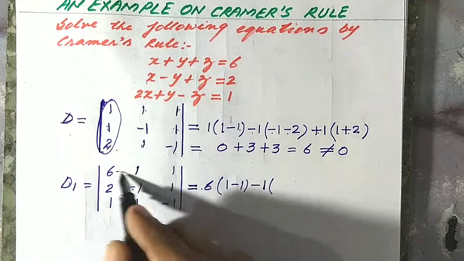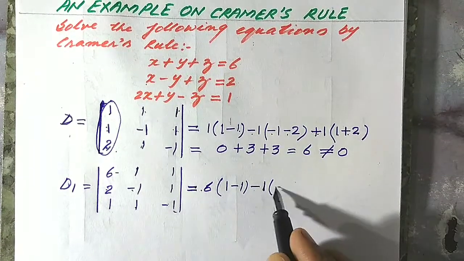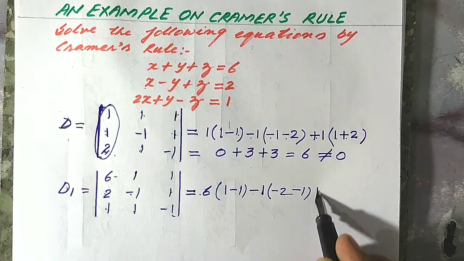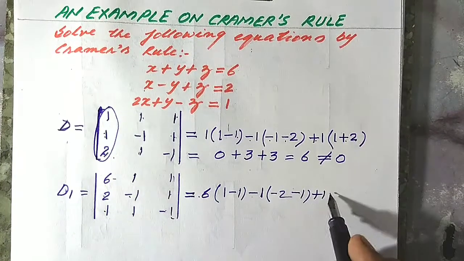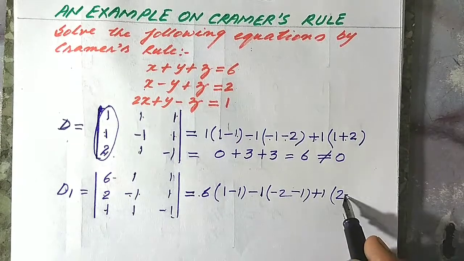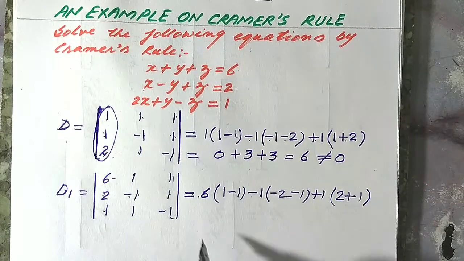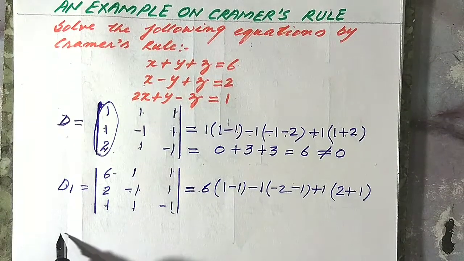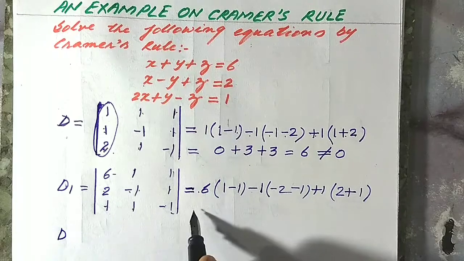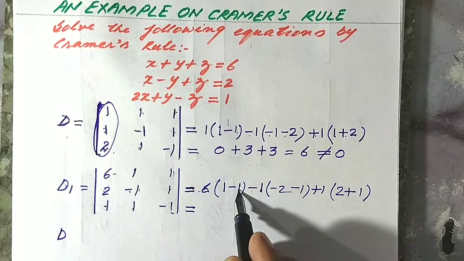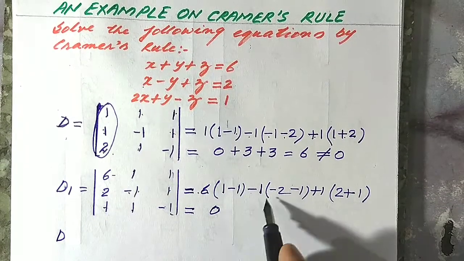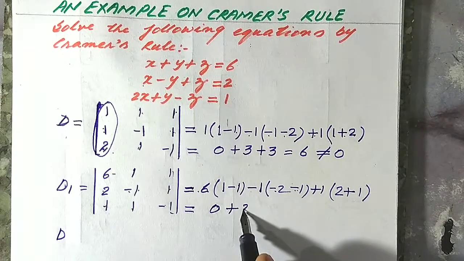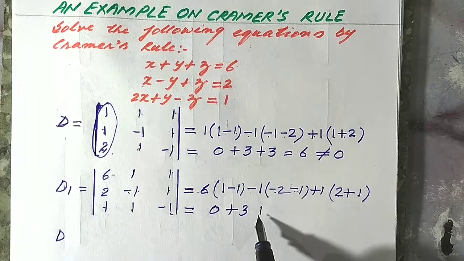So 1, and this column and this row vanish. 2 minus 1 is minus 2, minus 1, and then plus 1. This column, this row vanish. 2 ones are 2, minus into minus plus 1. Now the next, just simplifying this, 6, 1 minus 1, 0, so we get 0, and here minus 2 minus 1 minus 3, so minus into minus plus 3, and here 2 plus 1, 3, so plus 3, so we get